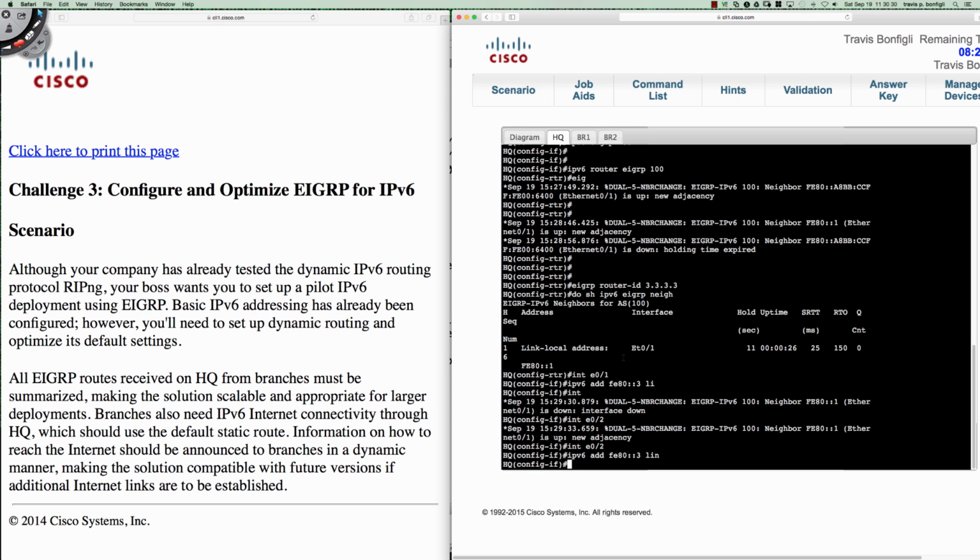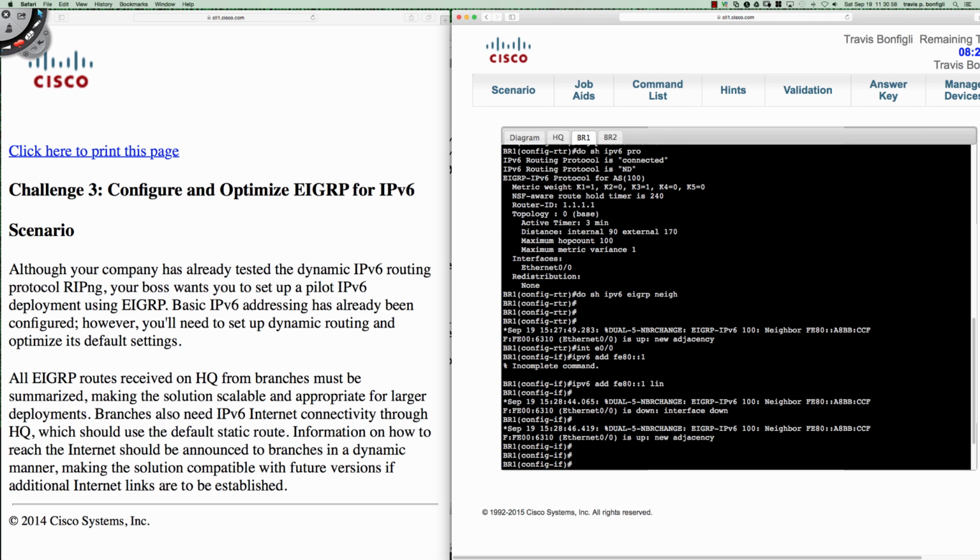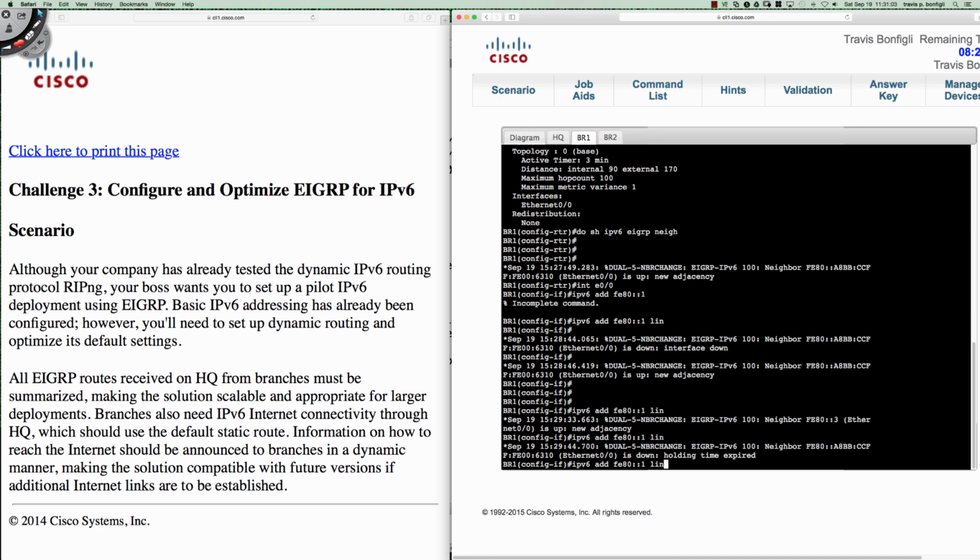All right, so we've got it set up now, the EIGRP adjacency established between HQ and branch 1. And let's go back to the diagram here real quick and take a look, because we also have two loopback addresses here on branch 1. And my guess is we need to get these guys into EIGRP so that we can see that the routes are effectively being learned. So I'm going to step back over here to branch 1, and let's say do,